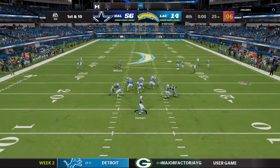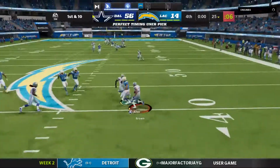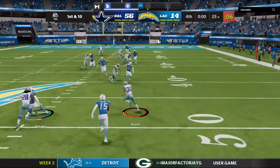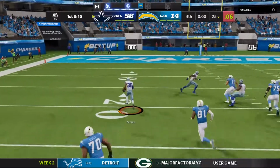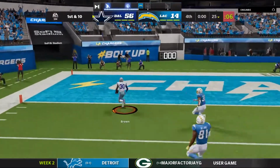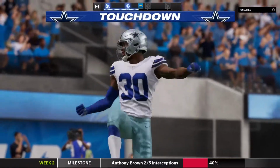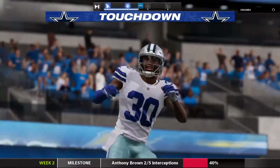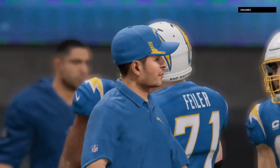One last throw here for Herbert. He's going to let it fly. And my goodness, another interception. Picked off by Anthony Brown. And he takes this one back into the end zone, and the Cowboy defense has a touchdown. So this defense doubling its pleasure there. Remember, they had the fumble return for a score